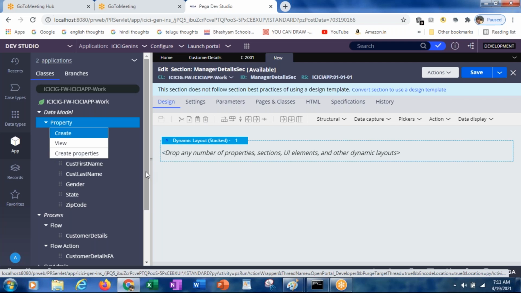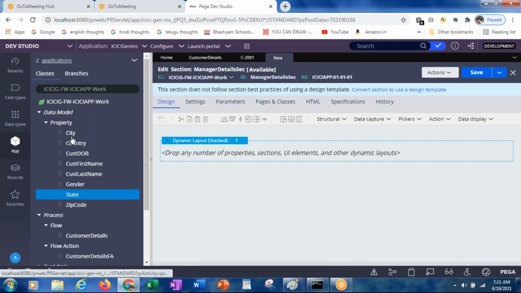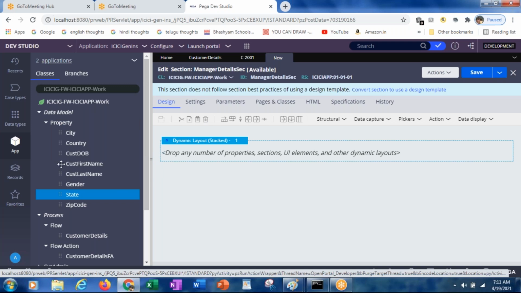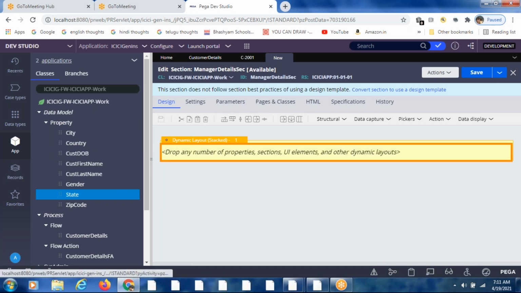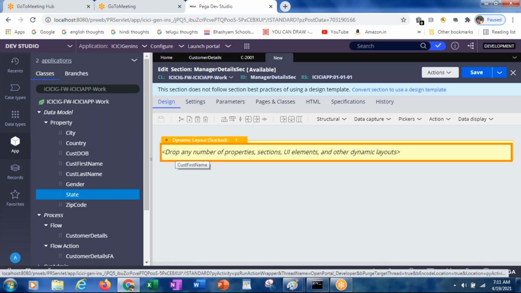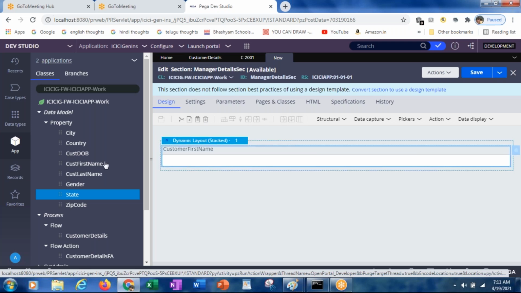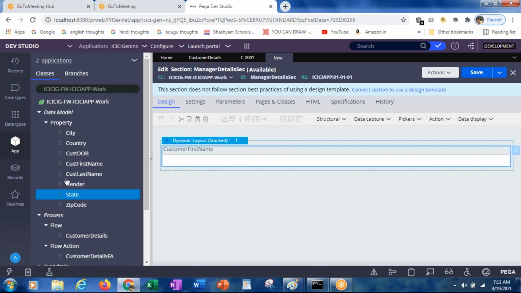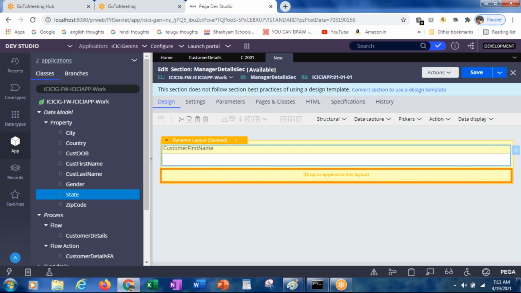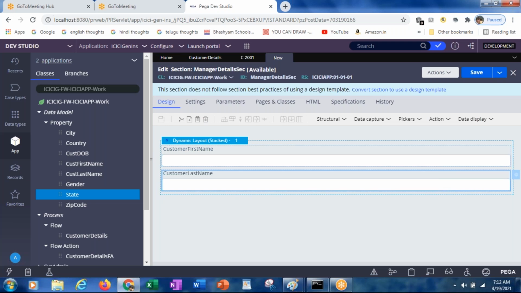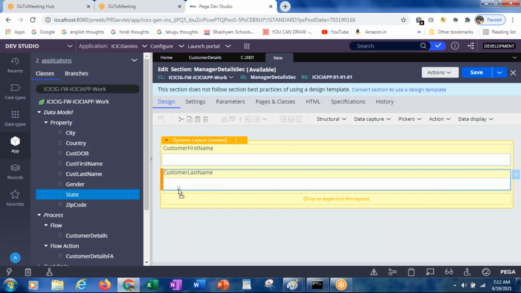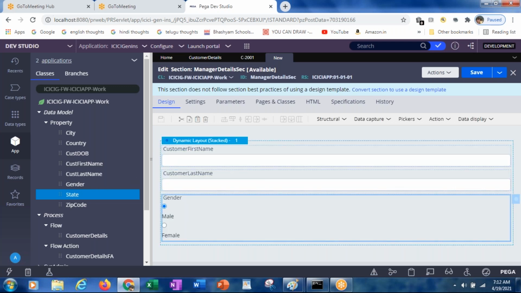Instead of creating other properties for the manager, we use the same properties like customer first name, customer last name, gender. Just for testing, to show you, I'm creating only three properties under the manager details section.